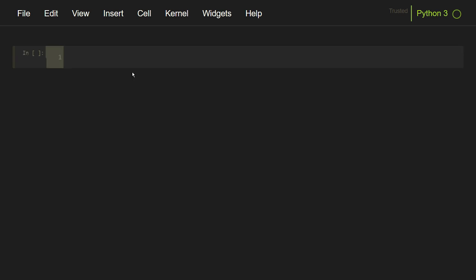So let's first understand what is the Knight's Tour problem. In this problem, we are given an n cross n chessboard, and it can be any value apart from the standard 8 cross 8 chessboard also. And in this problem, we have to place the knight piece at the top left corner.